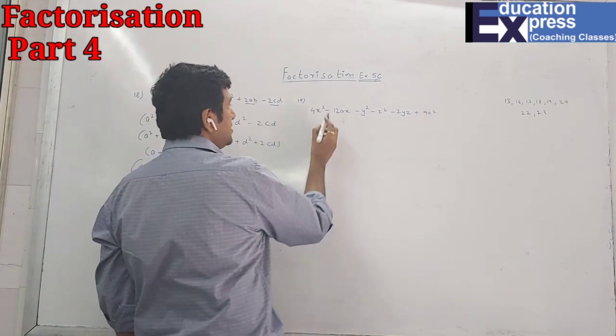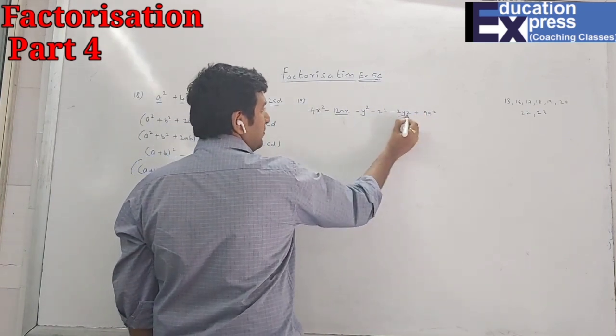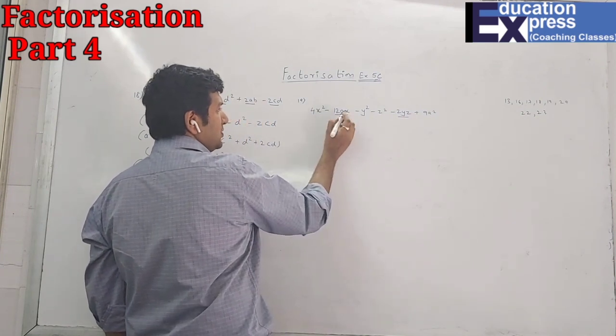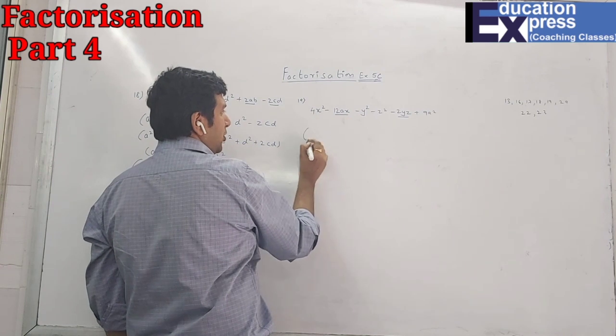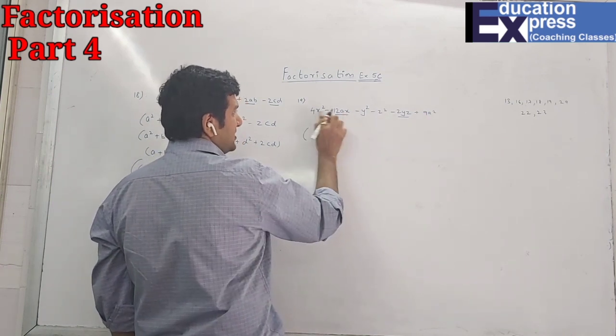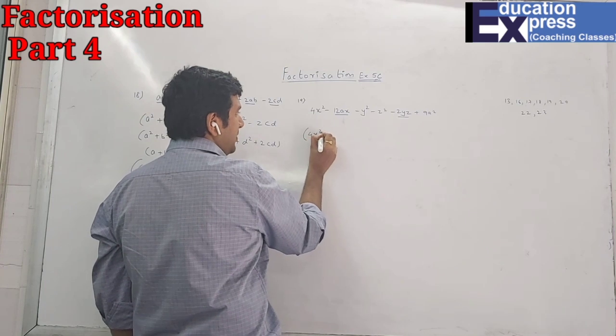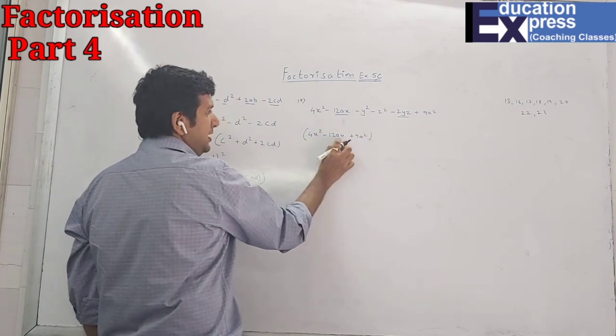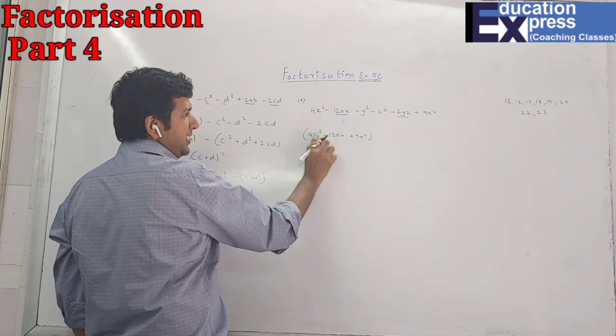Okay, again students, this number and this number doesn't have perfect square. What are the variables associated with a and x? So obviously including this number, what will be then the group? Obviously the one which is with a, that is this, and the one which is with x, that is this. So 4x square minus 12ax plus 9a square. Can you see ax, a and x both are there.